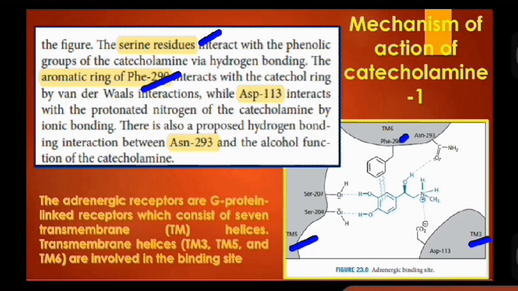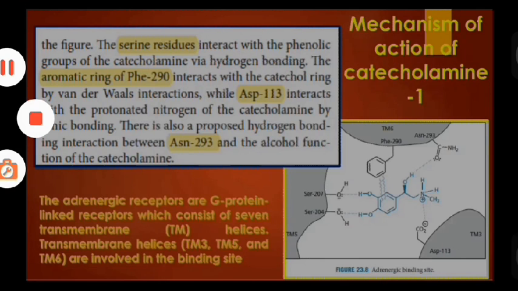The aromatic ring of phenylalanine interacts with the aromatic ring of the drug, and aspartate 113 and asparagine 293 are involved in the interaction with the OH group and quaternary ammonium compound. That leads to the